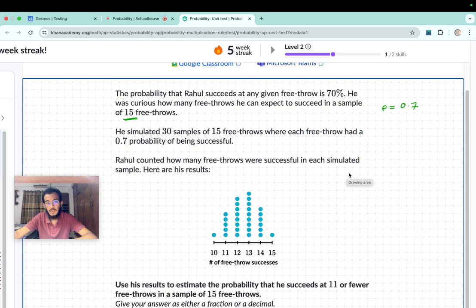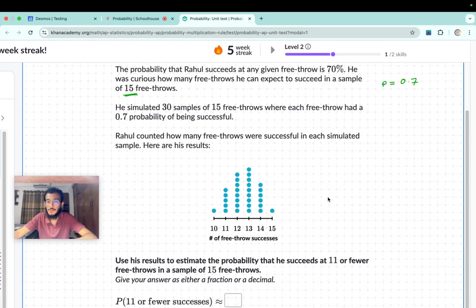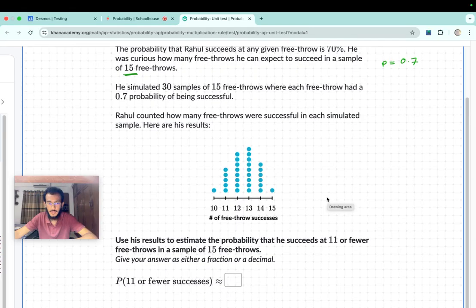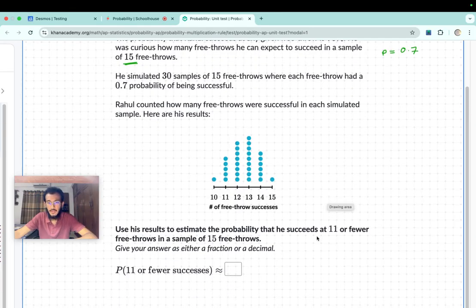He simulated 30 samples of 15 free throws, where each free throw had a 0.7 probability of being successful. Rahul counted how many free throws were successful in each simulated sample. Here are his results. Use his results to estimate the probability that he succeeds at 11 or fewer free throws in a sample of 15 free throws. So, okay, so we want